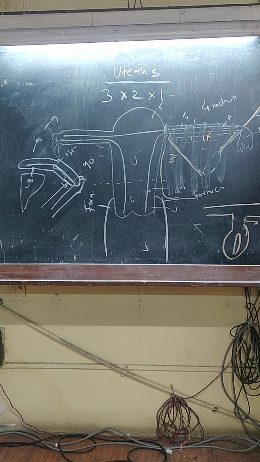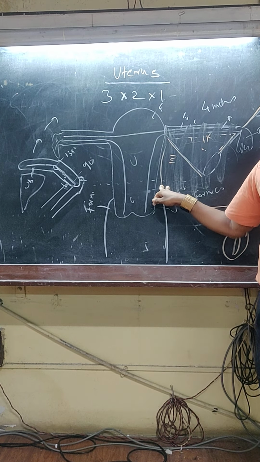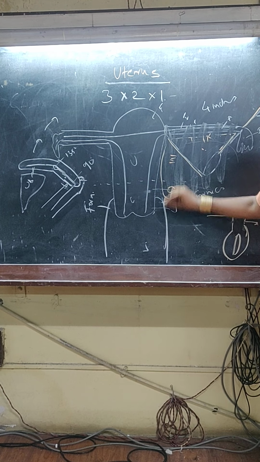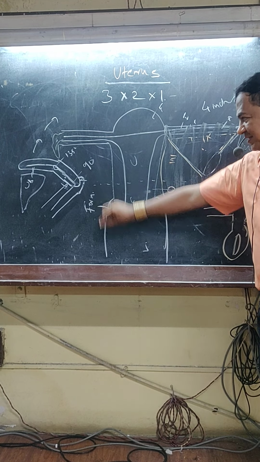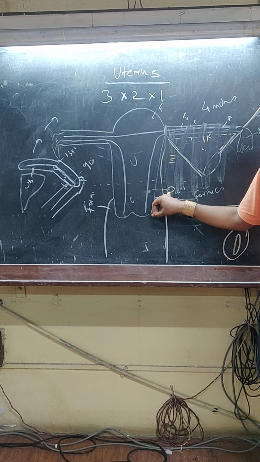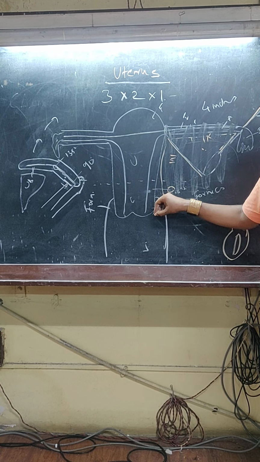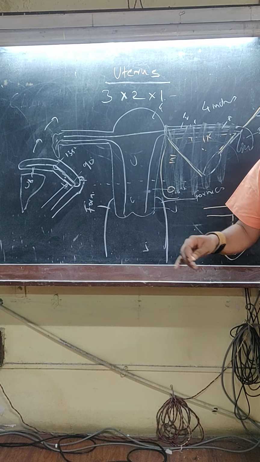Now because of this diagram I will talk about blood supply. So you know the uterine artery. Closely related to the uterine artery are the ureters. So during hysterectomy,